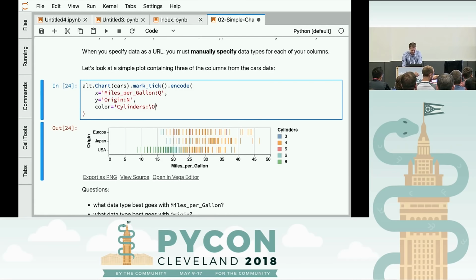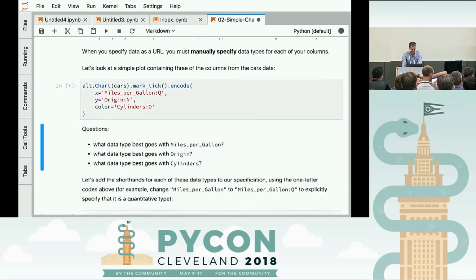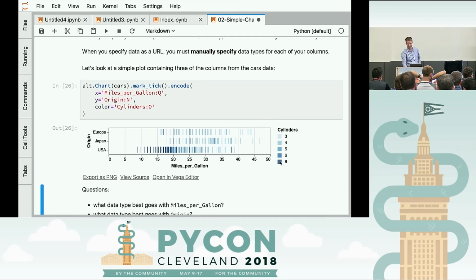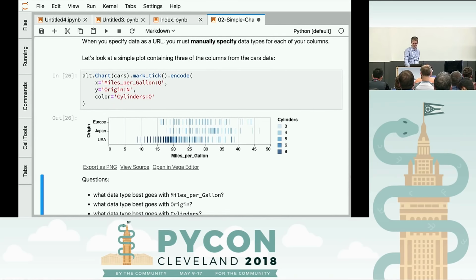Yeah, no 7-cylinder cars, and that's harder to see in the other. Well, I guess you can see it here. Yeah, why don't they make cars with 7 cylinders? I don't know. Symmetry. But there's 5